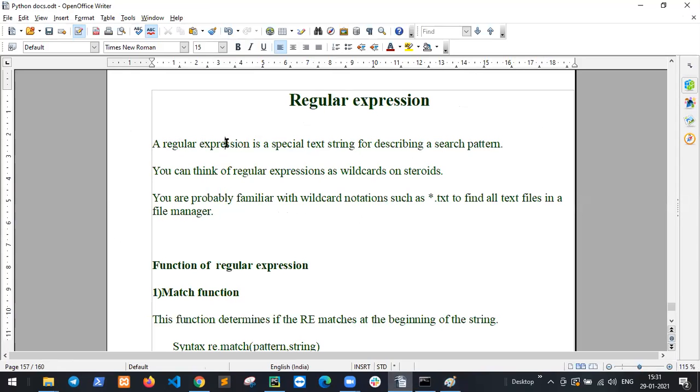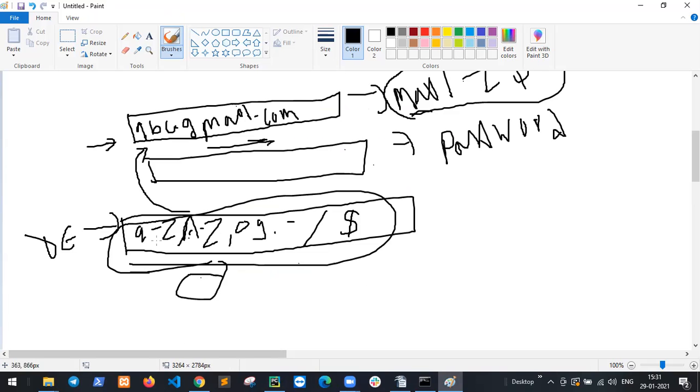So first of all, a regular expression is a special text string for describing a search pattern. What is a search pattern? This is your input, and you are checking the search pattern. This is whether it exists or not. One by one, character checking: A to Z, ABC, gmail.com, A to Z. 0 to 9, 1, 2, 3. If you define 1, 2, 3, it checks 1, 2, 3. If you define dot, it checks dot, and dot com, then again A to Z. I will show you an example of how to create, how to show, how to check.